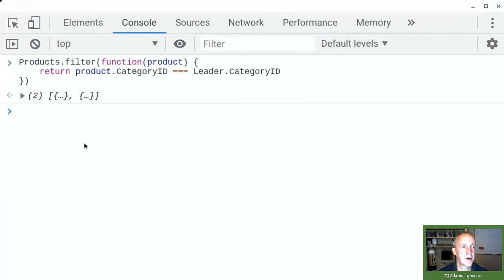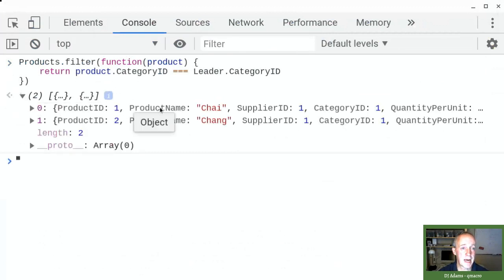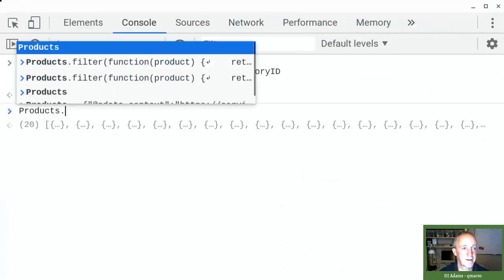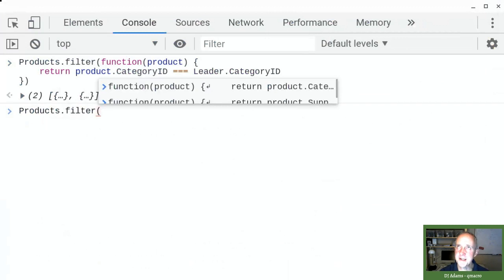Okay. Well, now we're comparing categories, and there's only one other product that's got the same category, which is this Chang product. So that's fine, but it still feels a little bit wrong. So what we'll do to make ourselves feel a little bit better is we'll just redefine that first of all using ES6 syntax, because that makes it a little bit neater and maybe a little bit easier to